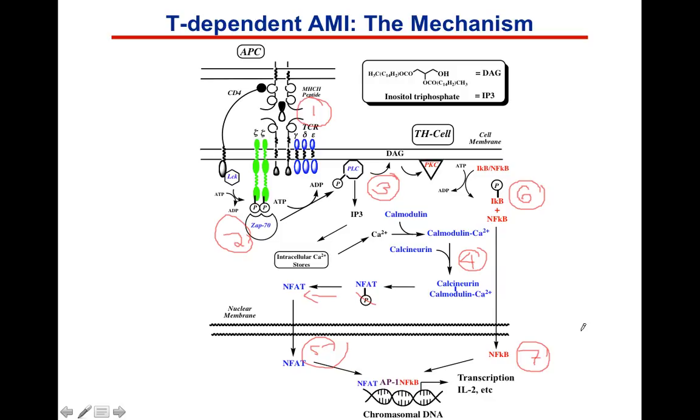What they do is they go through a series of events that lead to either phosphorylation, dephosphorylation, and the initiation of transcription. So that's what's going on in the cell,